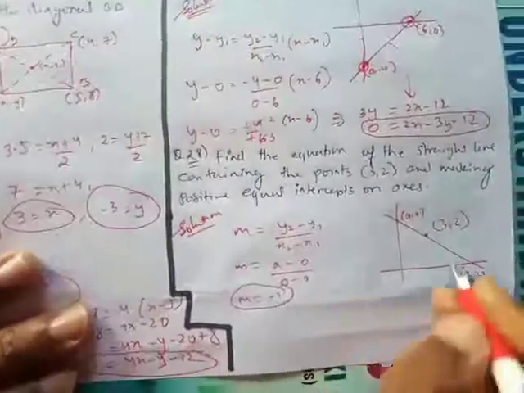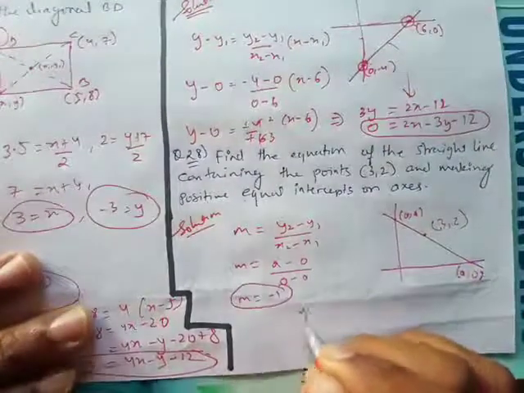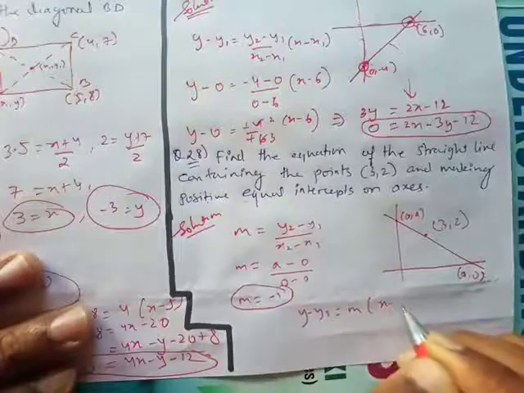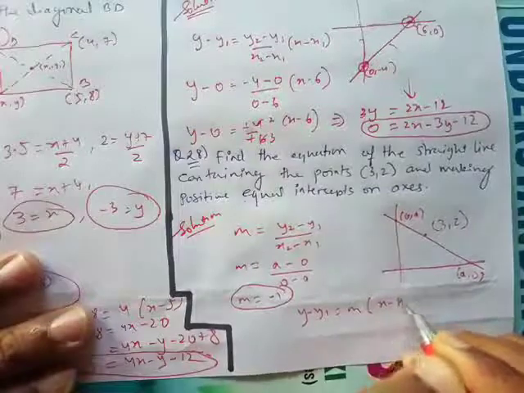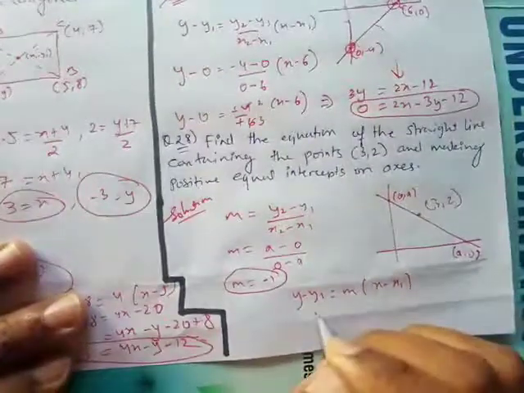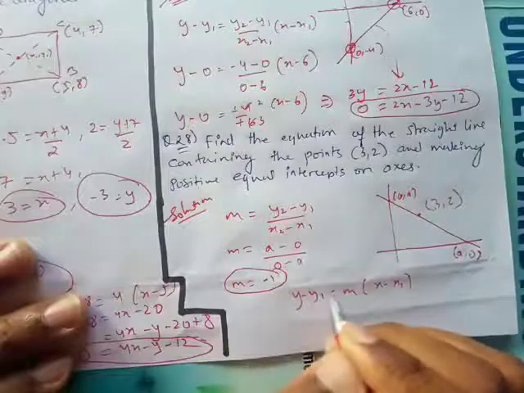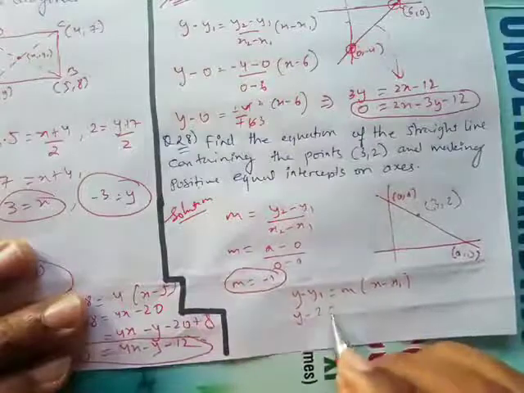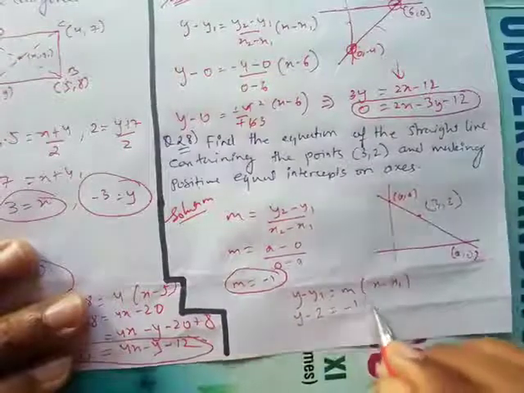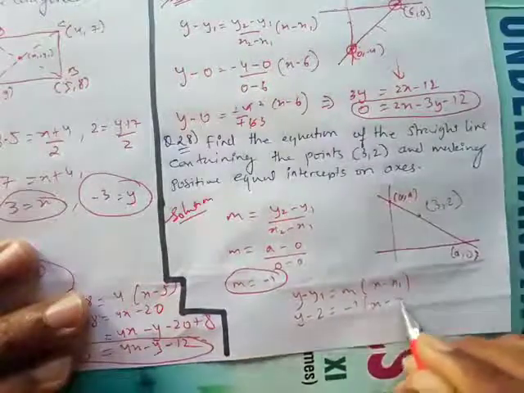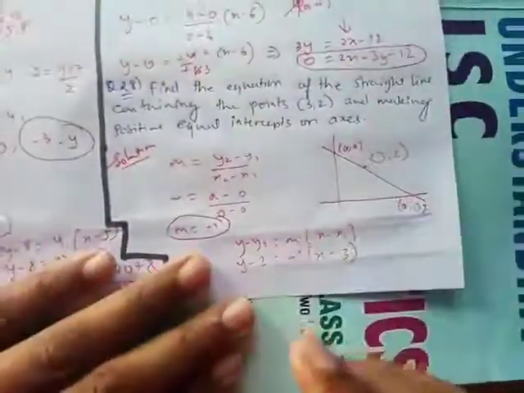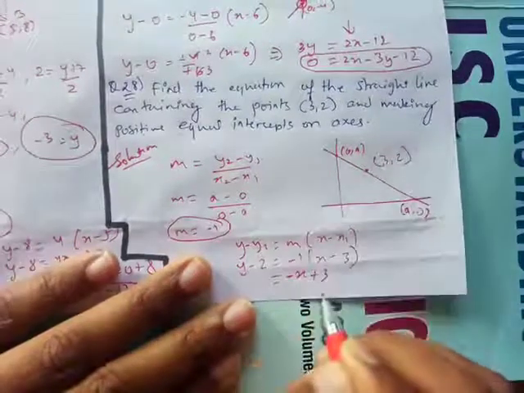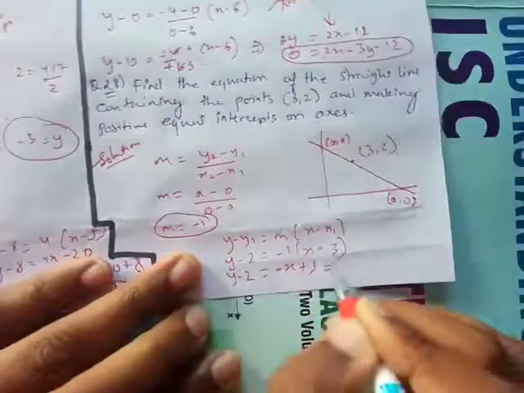Now I know a formula for when one point is given. What is the formula? y minus y1 equals m times (x minus x1). So you can think of the formula. What is y1 for you? If I look at this point, y minus 2 equals -1 times (x minus 3). So this is going to become what for me? It becomes minus x plus 3, y minus 2, and then I can make an equation out of it.